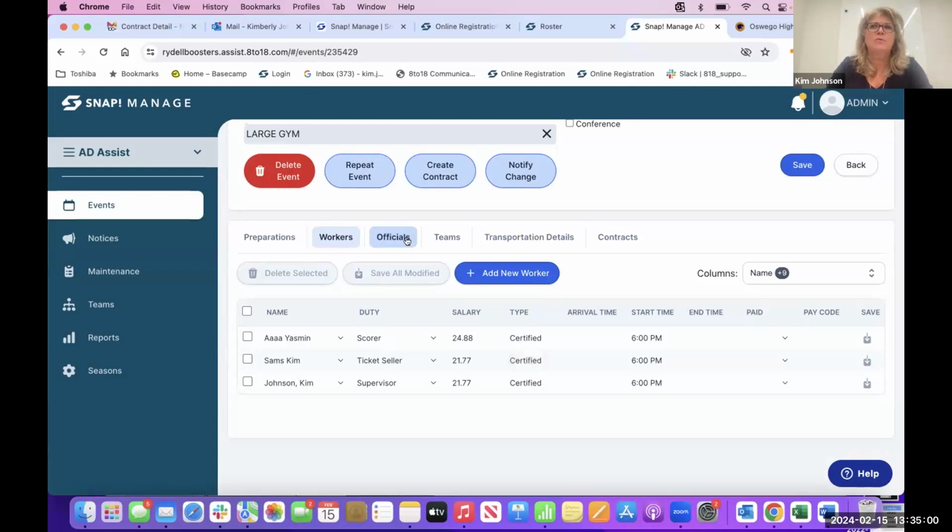And you can also include an official. Many ADs obviously use an official system, but some do not use maybe the Arbiter Pay or the Rev Pay. You can put your officials in here so you at least know and you can tag who's working the